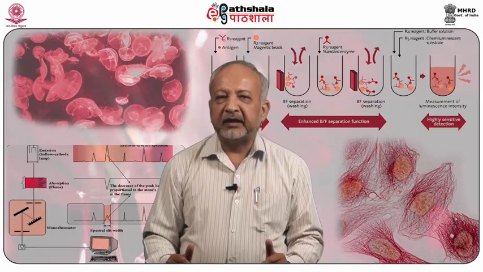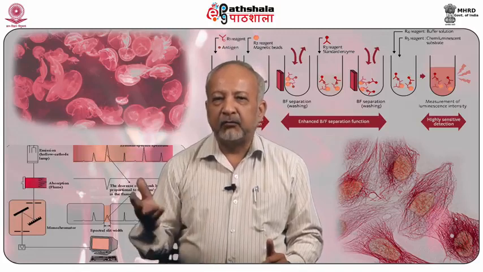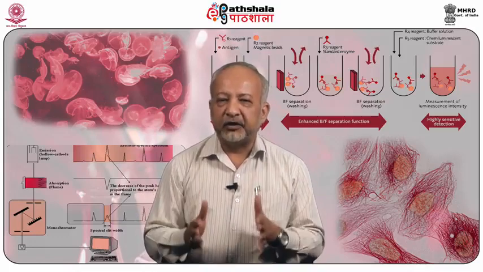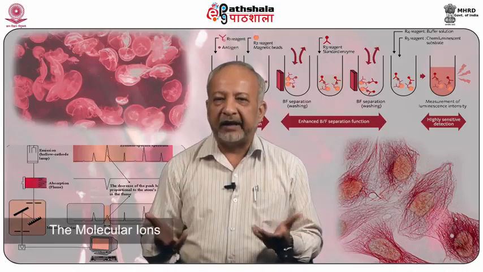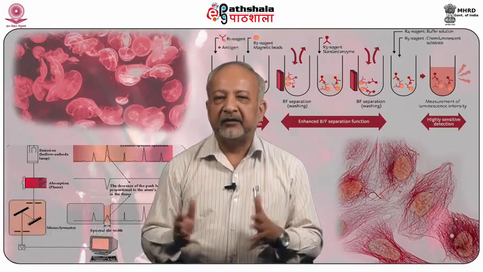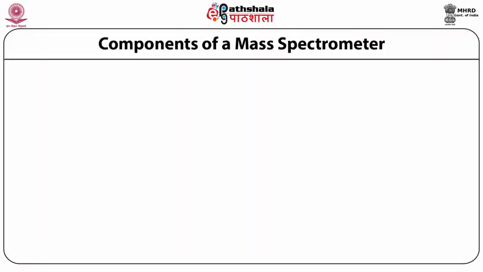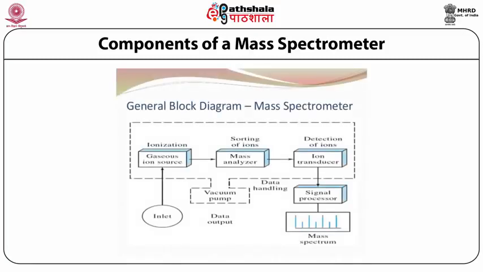The usefulness of MS as an identification tool requires more than just measuring the intact molecule, and hence the ion source is responsible not only for producing the molecular ion but also for giving you the fragment ions which are characteristic of the molecule. This is actually a repeat slide from module 1 showing the components of a mass spectrometer, to remind you that ionization is a very important component. Actually speaking, the entire concept of mass spectrometry revolves around ionization.